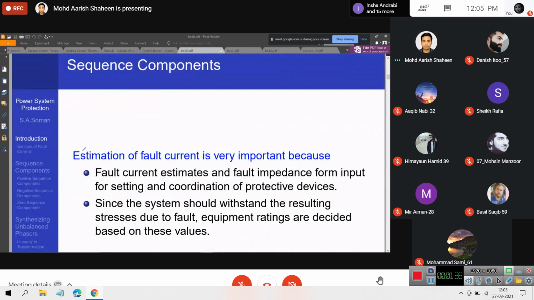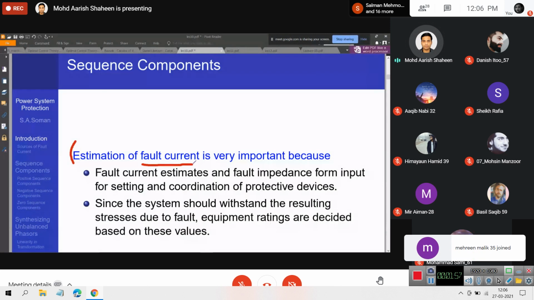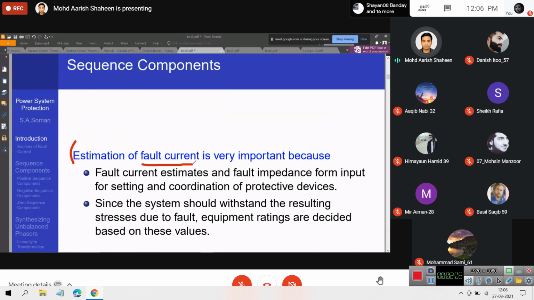Now, first of all, why do we need to study sequence components? Basically, it is for calculation of fault current. We know that there are different kinds of faults in a power system. The most important ones are single line to ground fault, double line to ground fault, line to line fault, and obviously the fourth one, in fact the most important one, is three phase to ground fault. With the exception of three phase to ground fault, almost all other fault calculations require sequence component modeling. Why is that? The reason is the system becomes unbalanced. The moment the system becomes unbalanced, we can't go for a per phase equivalent calculation. We have to make more complicated calculations.